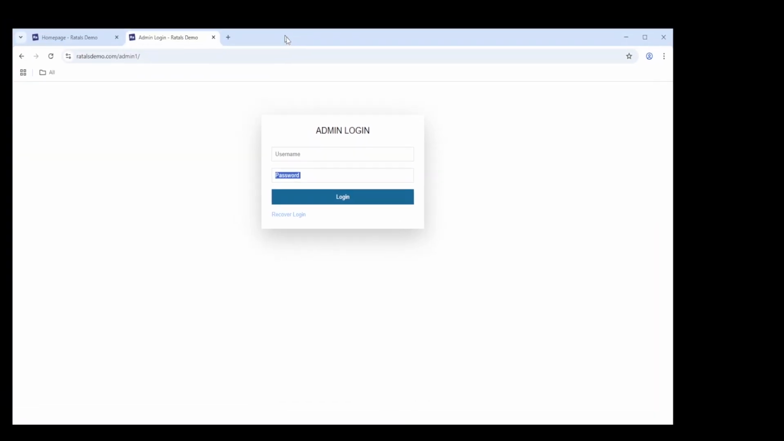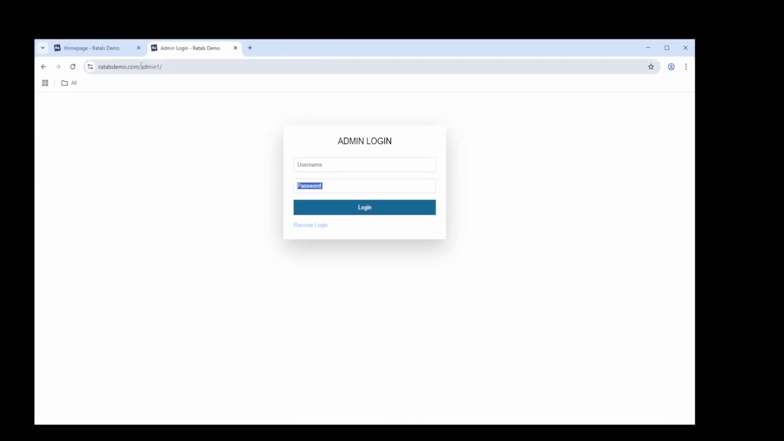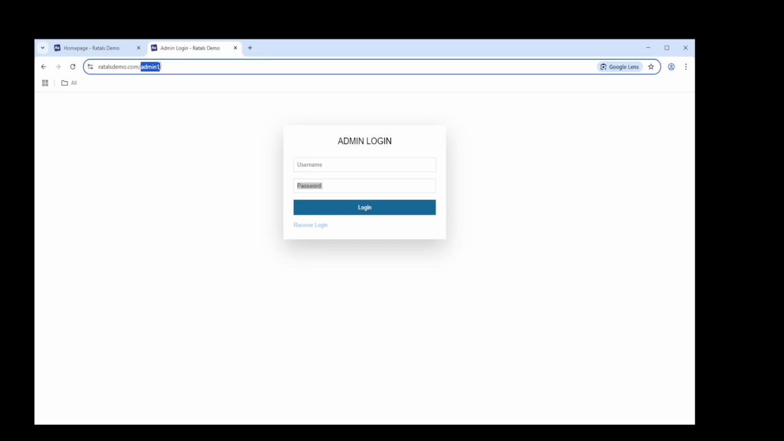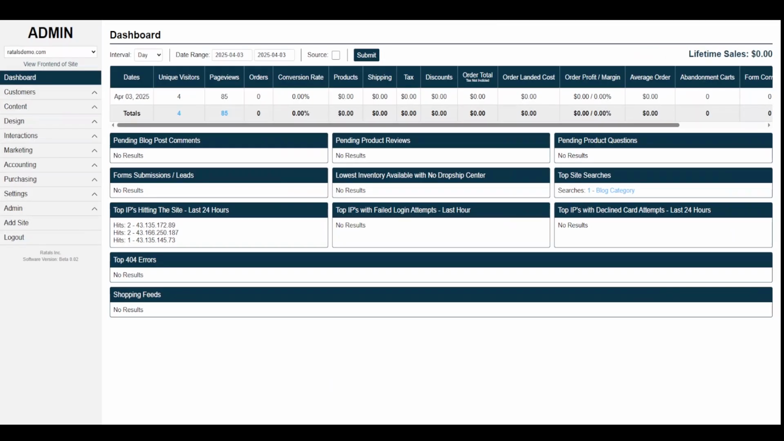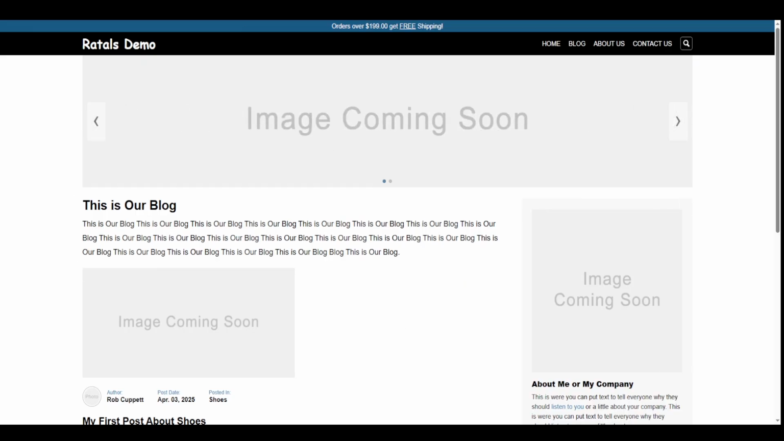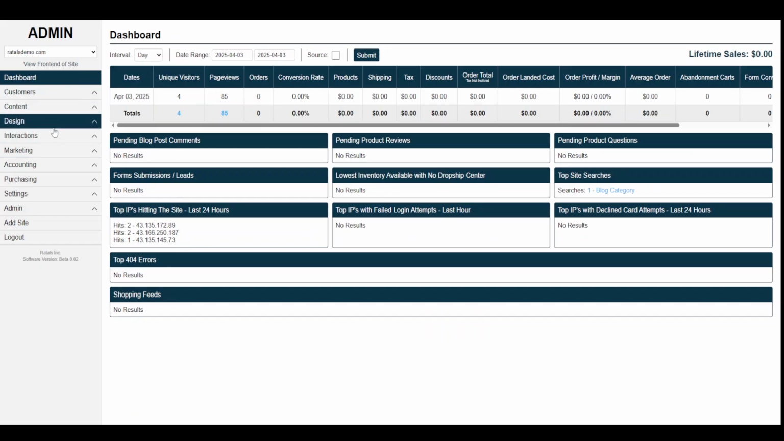So what we're going to do to start off is log into our backend area. And if you remember, when we set up our software, we set up our backend area as admin1. So I'm going to go there and log in. And once logged in, the first thing that we're going to do is switch this template back to the store, because by default, when you install the Ratals software, it installs as an e-commerce store template for